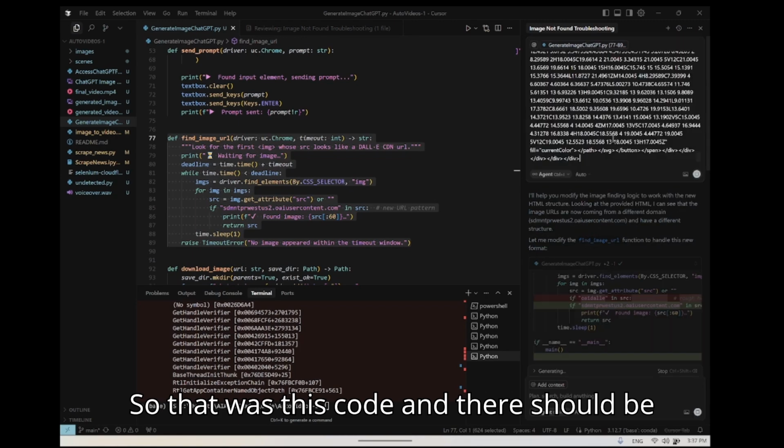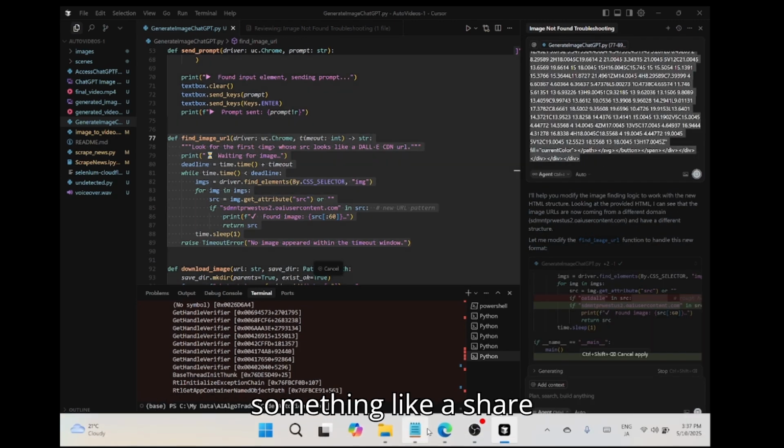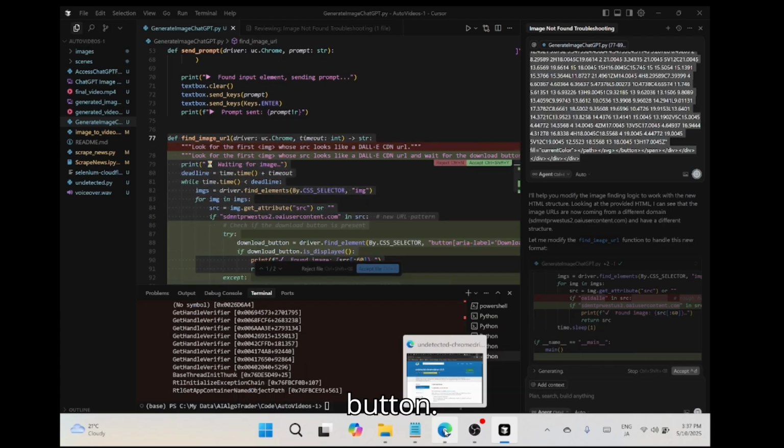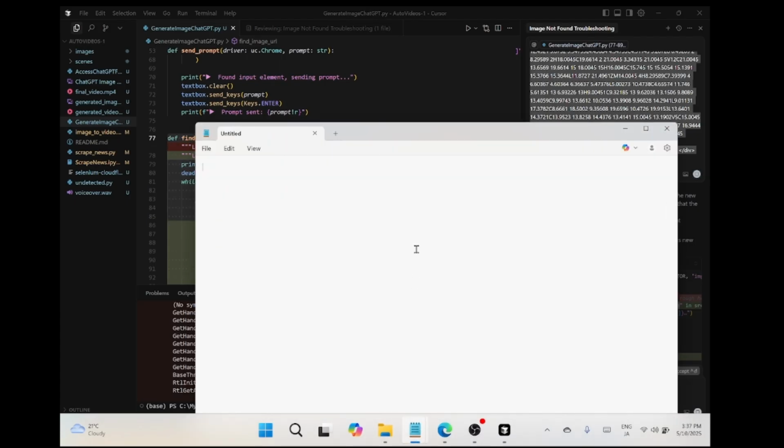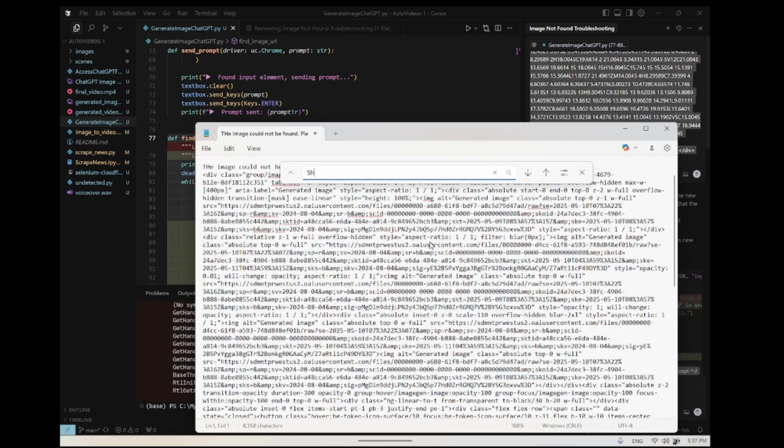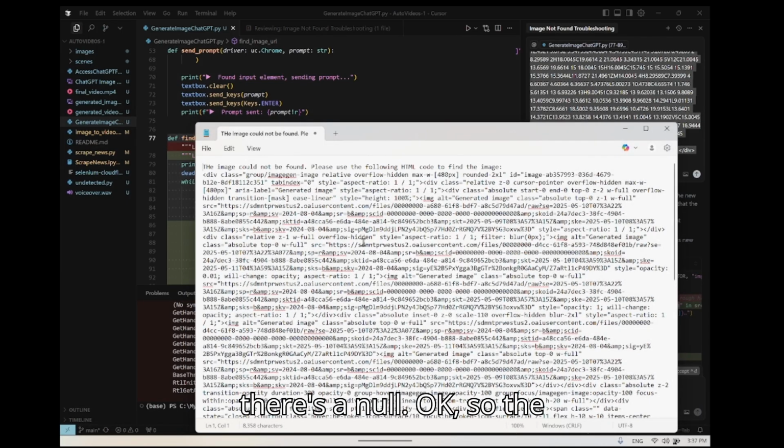So that was this code, and there should be something like a share button here. There's none. Okay, so